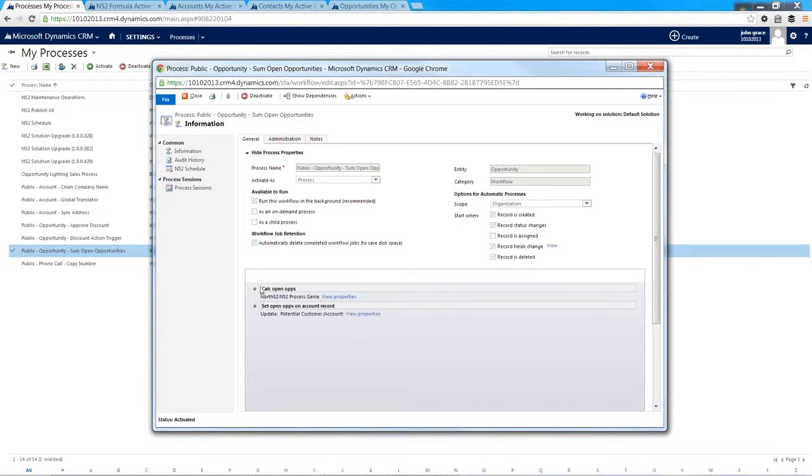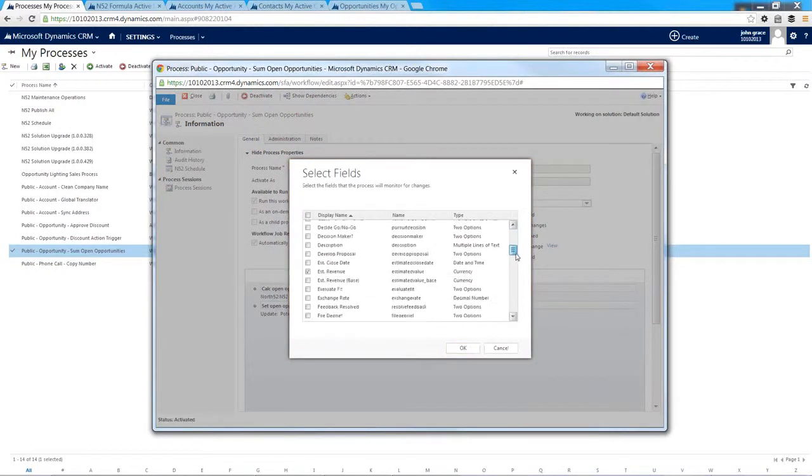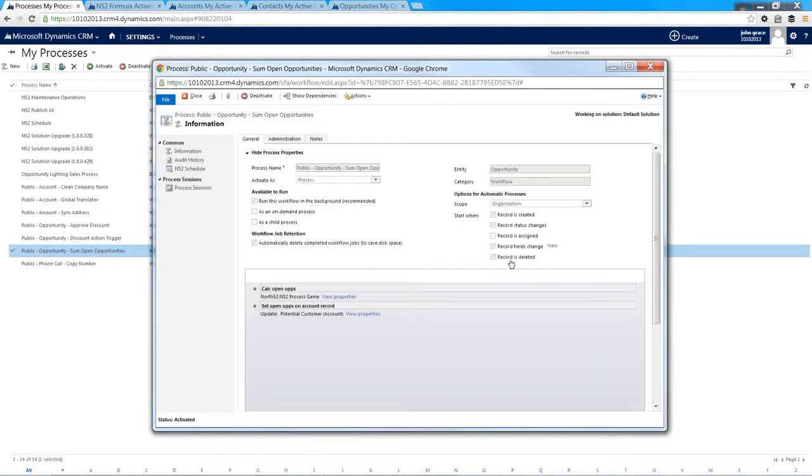So you can see here it's got 2 steps. Actually this workflow, just to show you, it's hooked up when a record is created, when the status changes, so an opportunity from open to 1. If the fields change, so if you changed the estimated revenue field, you wanted to update as well. Let me just show you that quickly. So if the estimated revenue changes, or if the record is deleted. So any of those core